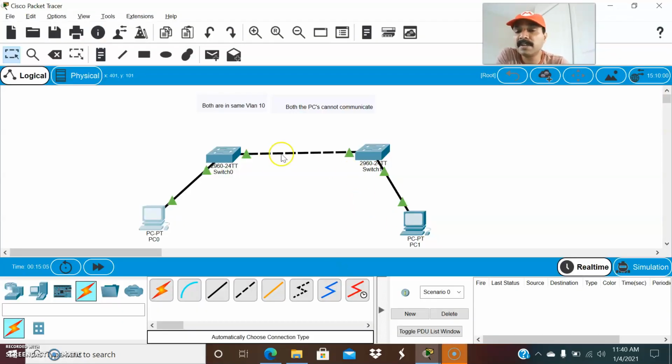So this is a very simple architecture, but you have to understand this port should always be configured as a trunk port, even though both are in the same VLAN. Both the PCs are connected to different switches, right? Always switch to switch, you have to configure a trunk port, and the command you have to check is show interfaces trunk. So always for debugging, you have to remember all the show commands. That will be really helpful for debugging all the issues, right?